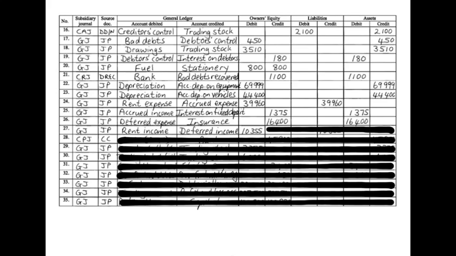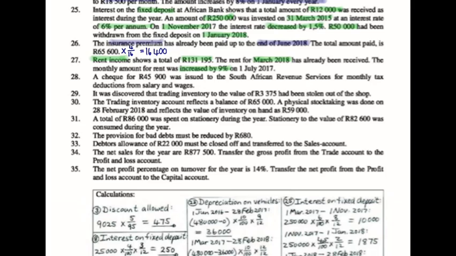Deferred income, also known as income received in advance, is a liability that increases with 10,355 Rand. Number 28, a check, which means that the money left my bank, of 45,900 was issued to SARS